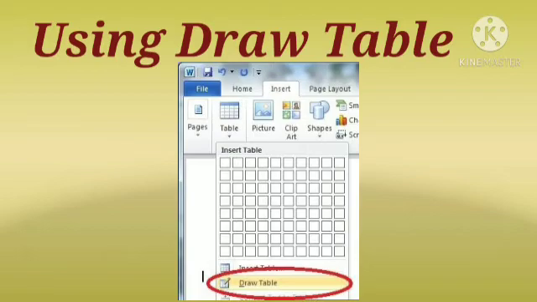Users can draw a table with the pencil shape tool as per their requirement. Once you draw your first cell, you can then draw further cells and create the table based more on how you want it to look than necessarily what it requires.